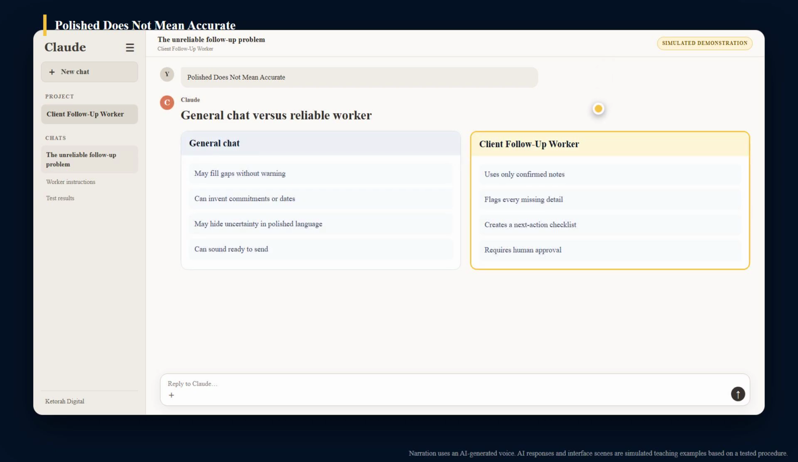Client conversations often end with rough notes, partial decisions, and missing details. A general AI chat can turn those notes into a polished email that quietly invents a commitment, deadline, or next step. In this tutorial, we will build a bounded client follow-up worker that uses only confirmed information and always stops